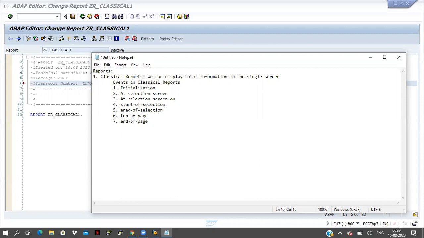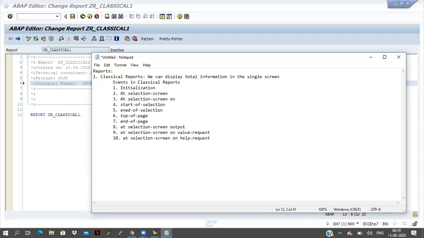There are some more events also available. So like this, some events are there.